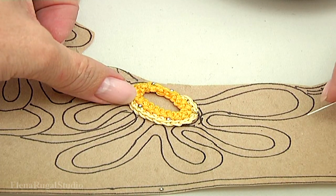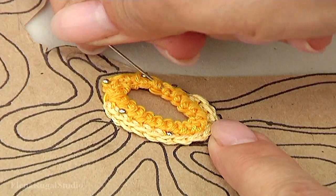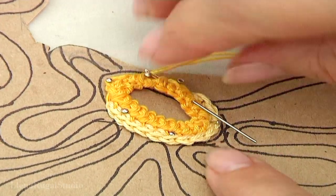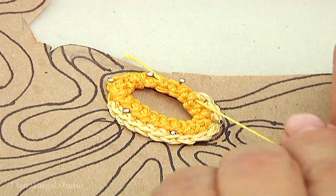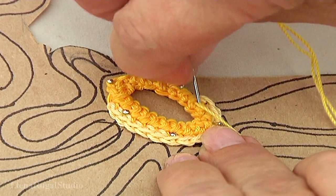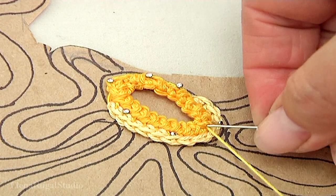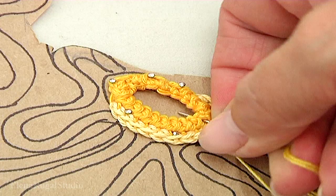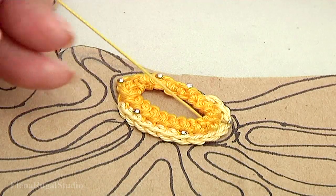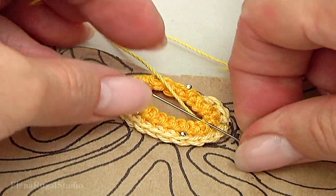Now I show you how to decorate the middle part with beads. With the needle, go through the stitches of the cord. With the needle, go through the stitch,